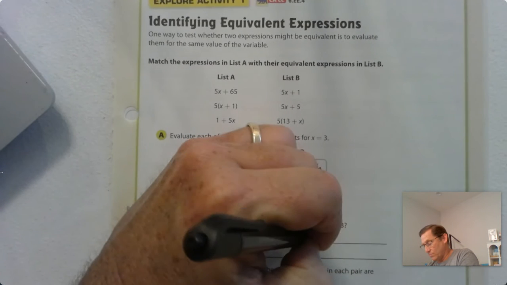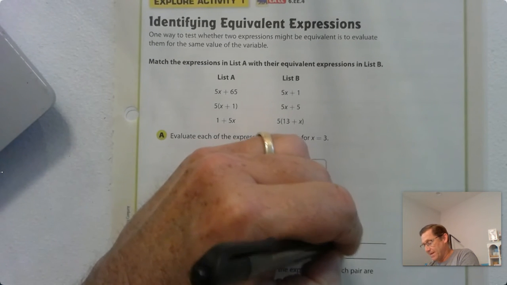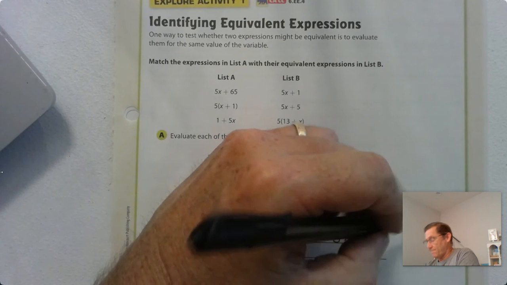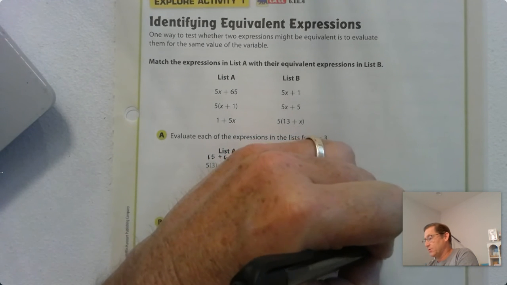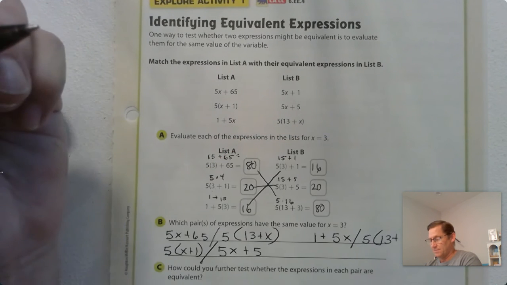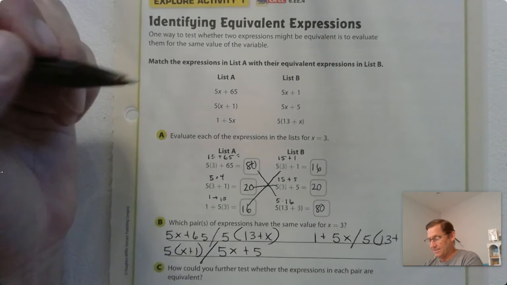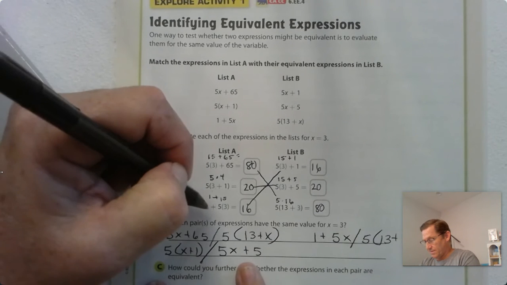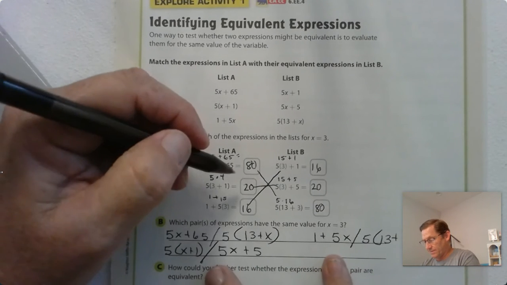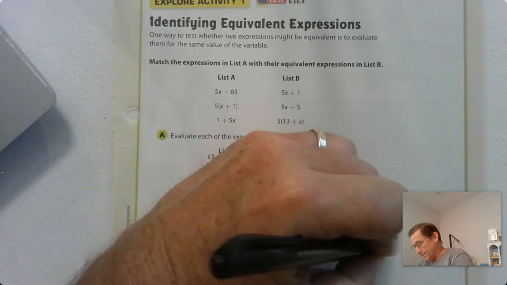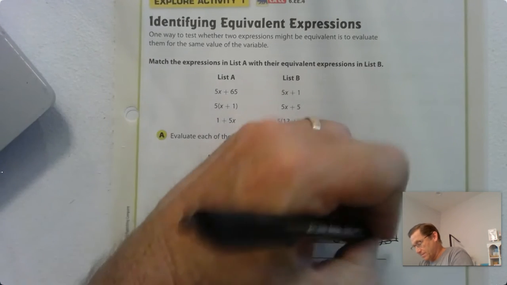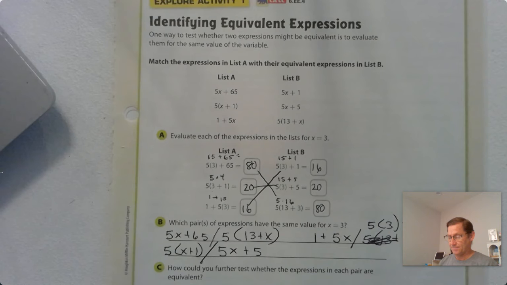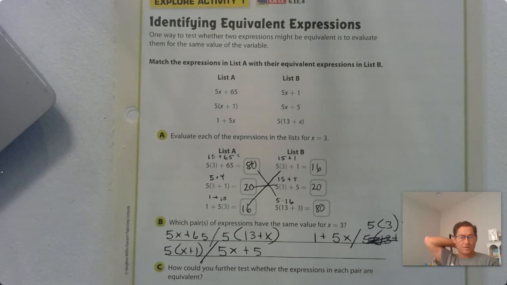And our final one, 1 plus 5x, is the same as 1 plus 5x plus 1... 5 times 3 plus 1. Okay, so those are equivalent